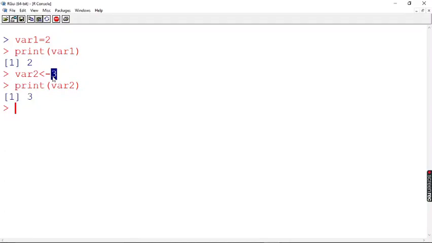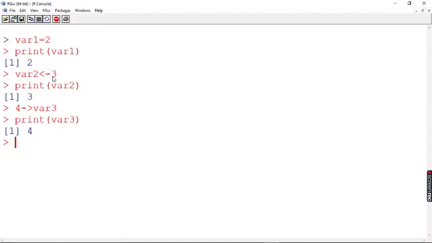Suppose I give it the other way. Suppose I say 3, I want my value to be towards the right side. Now I say 4. Then in that case you have to use a rightward arrow, and the variable name should be towards your right. Now if I print this and check, you can see here 4.